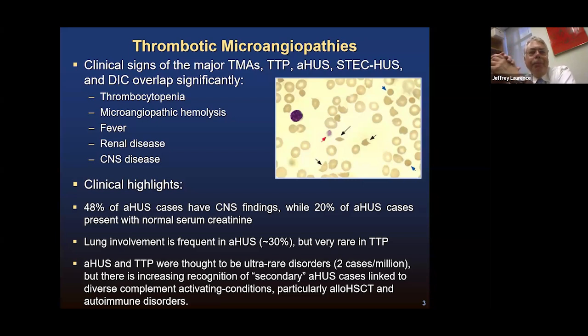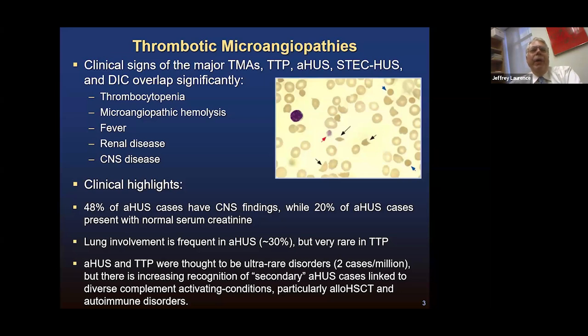And then a clinical pearl: the lung is frequently involved in atypical HUS, typically with bilateral pulmonary infiltrates that are confused with pneumonia or pleural effusions. They basically do not occur in TTP. And this is true through multiple autopsy studies before we had adequate therapies for TTP, biopsies, etc. The lung is frequently involved in HUS, the lung never involved in TTP, and we don't really know why.